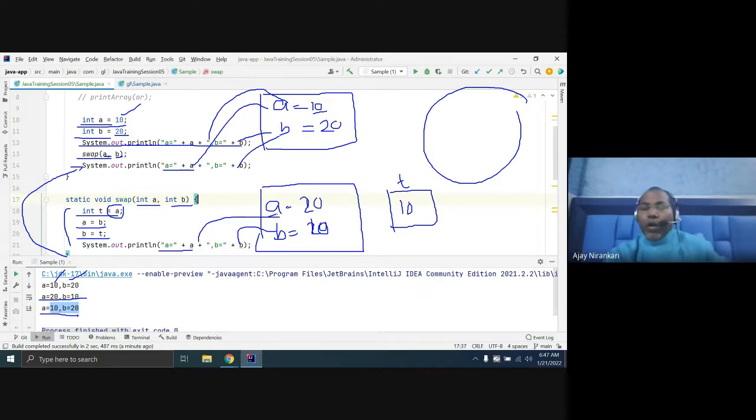So for all primitive data types like int a, float b, values are copied from here to here. There is no kind of sharing between these two methods. In the case of an array, the array is an object stored in a memory location that is shared from one method to another method.